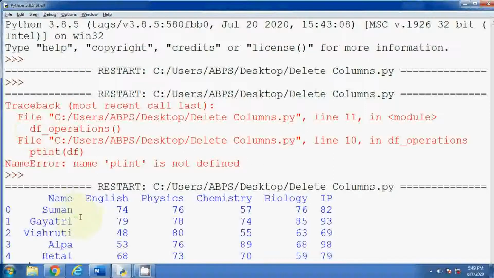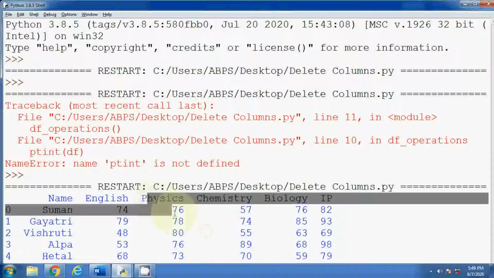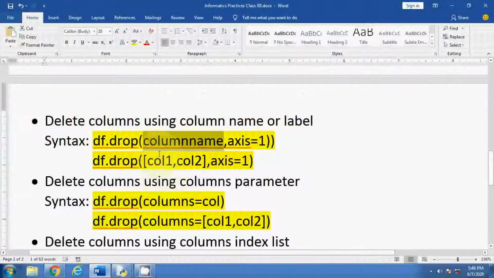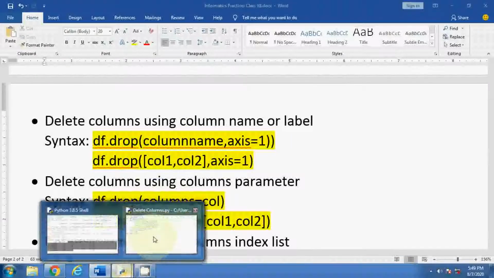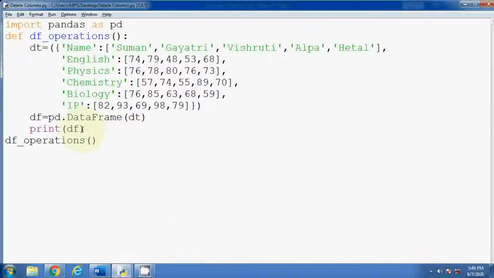Now I want to delete a particular column, suppose Physics. Whenever we are using this, df.drop, column name, axis equal to 1. So here we will write print df.drop, directly printing after deleting. Drop first column. As I said, which column do I want to delete?